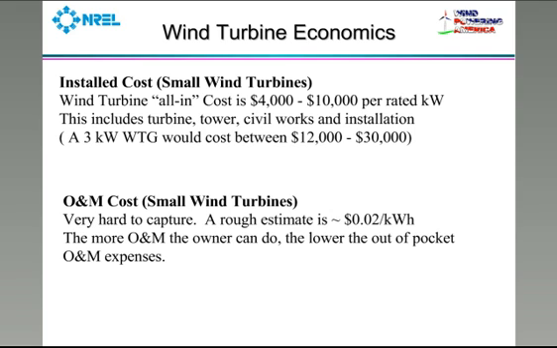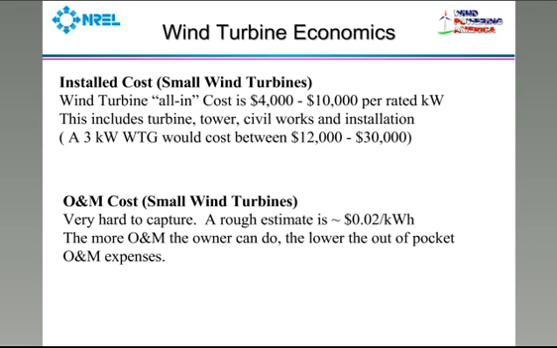O&M is really hard to capture, and there's not a lot of good information. But I would say the manufacturer will say a penny a kilowatt hour. I'd say you probably really want to plan closer to 2. You shouldn't hopefully pay very much up front during the warranty period, but just kind of put that money to